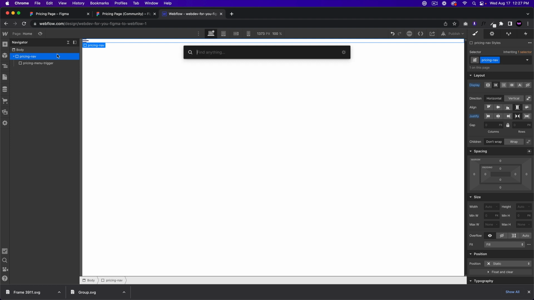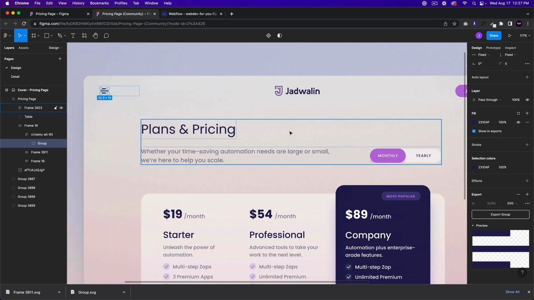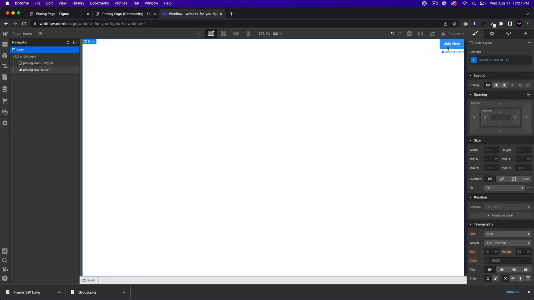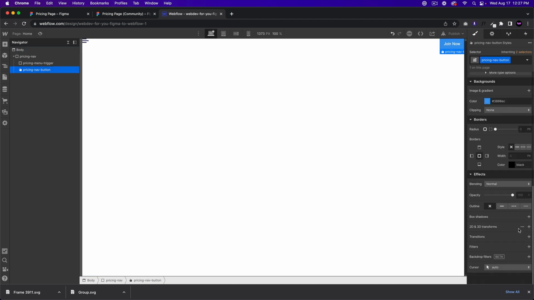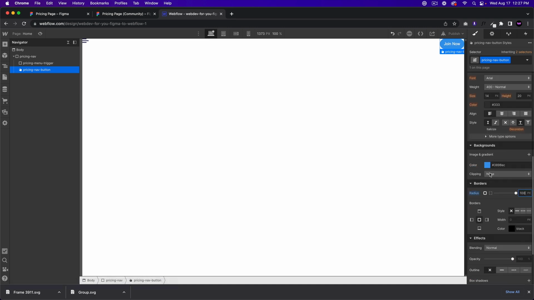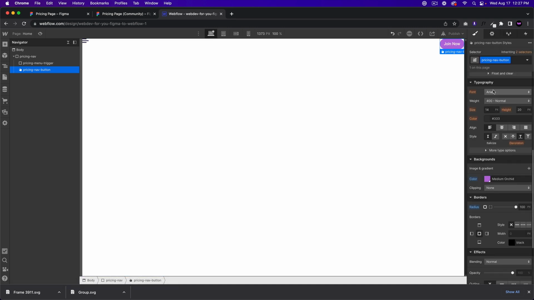Let's add the join now button. So I'll add a button, and I'll call this pricing nav button. And we'll go ahead and style it as that purple color, and it says join now. So I'll go ahead and type in join now, and we'll set the border radius to, let's set it to 100. So it's a pill. And let's give it the background color of that purple, and we'll set the font to Poppins,